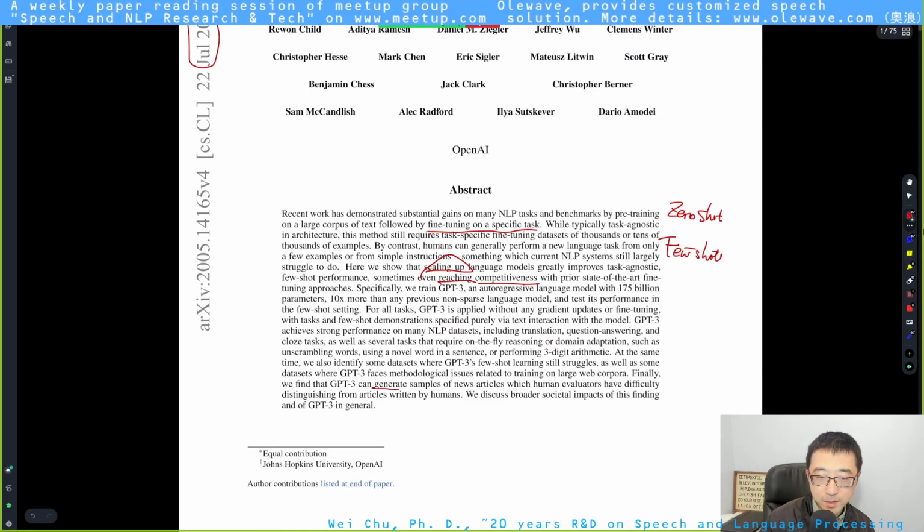It says GPT-3 can generate samples, which is related to the nowadays fairly popular usage of GPT, which is ChatGPT, right? The GPT model is being used in the text generation task. And also, I think the Dolly thing.